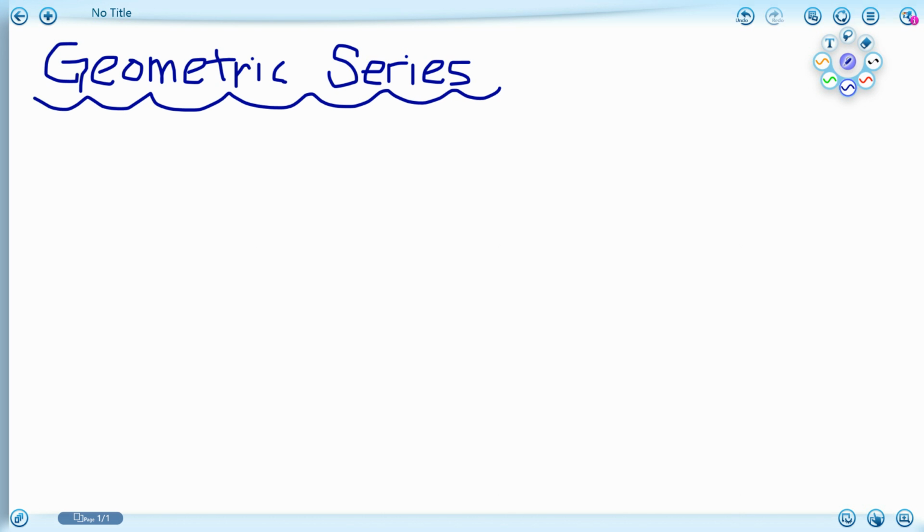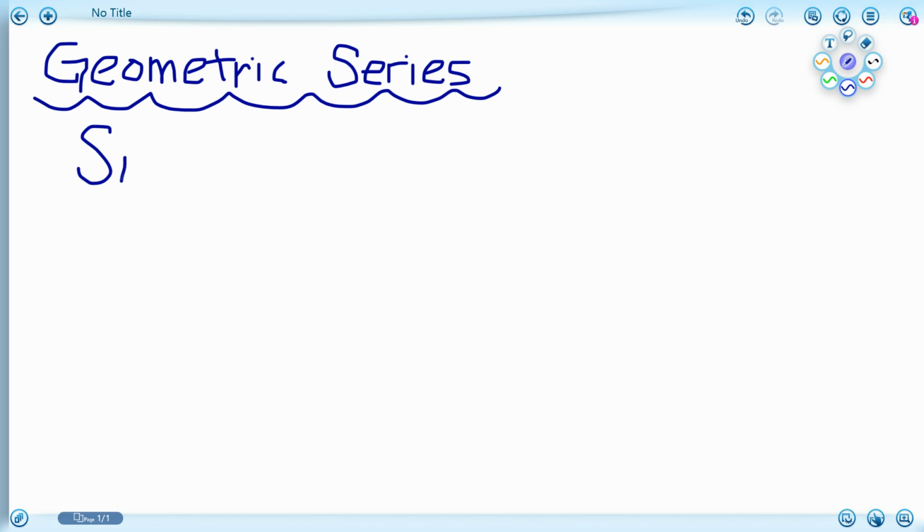Guys, today we're going to be looking at geometric series. I know we usually go about finding the patterns and then dropping the formula. At this point, we're not going to try to derive the formula for geometric series. The reason being is that it's a little bit more complicated for us to see the patterns. So I'm just going to give you the formula that I think is the best formula for us to use,